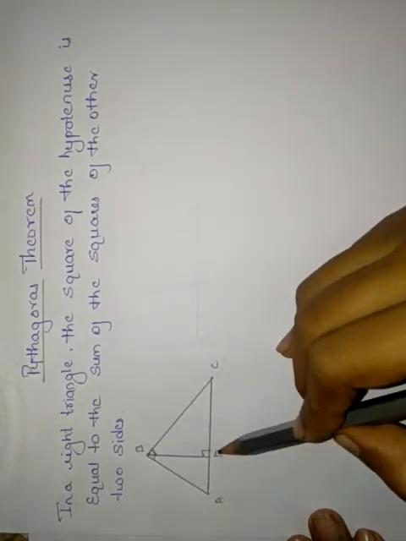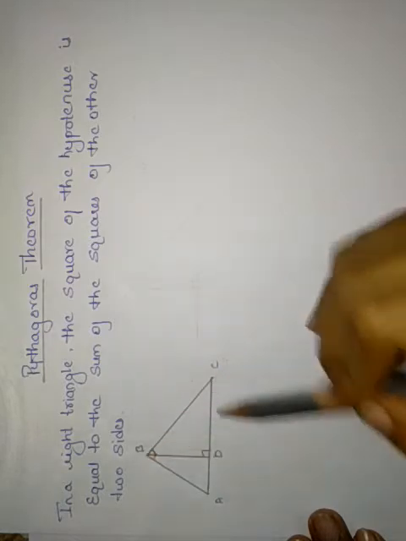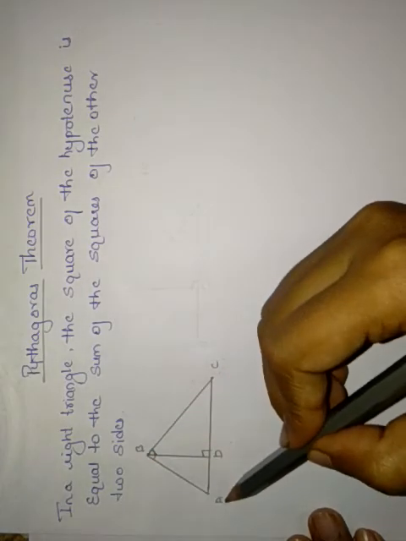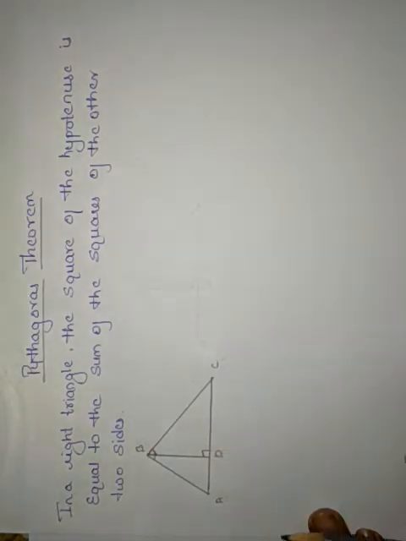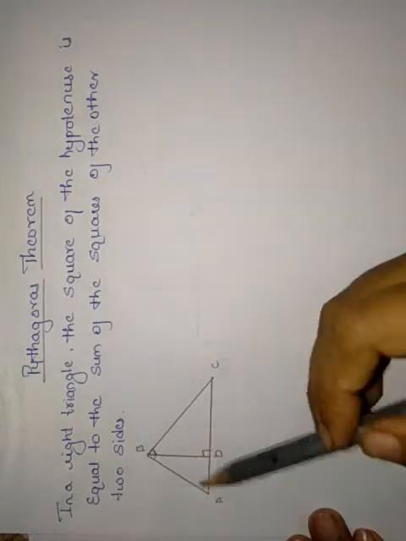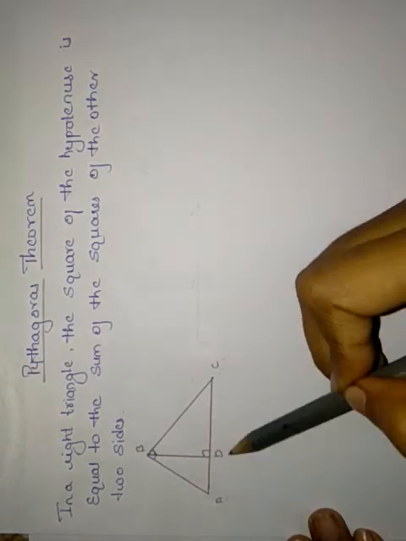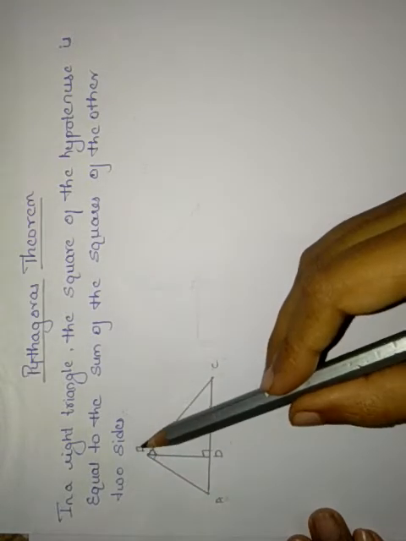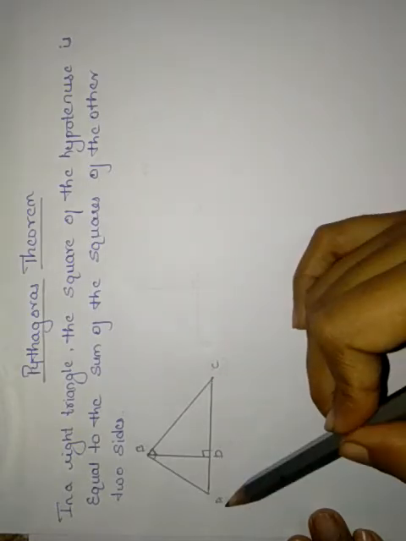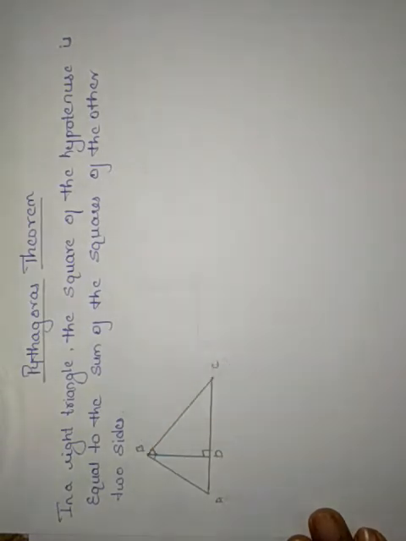This perpendicular line is dividing the triangle ABC into two triangles. Those two triangles are triangle ADB and triangle BDC, right? Now these two triangles will always be similar. The obtained two triangles will always be similar to each other, and also each triangle, that is triangle ADB, is similar to the triangle ABC, and even triangle BDC will be similar to the triangle ABC, right? This is the statement. Using this statement we are going to prove the Pythagoras theorem.